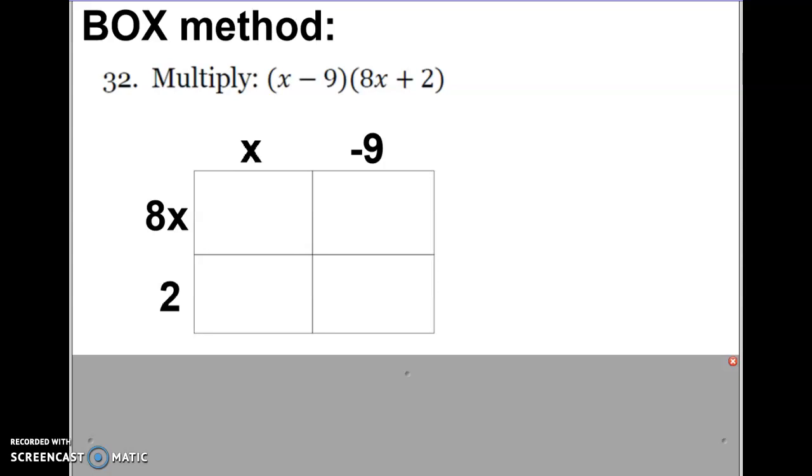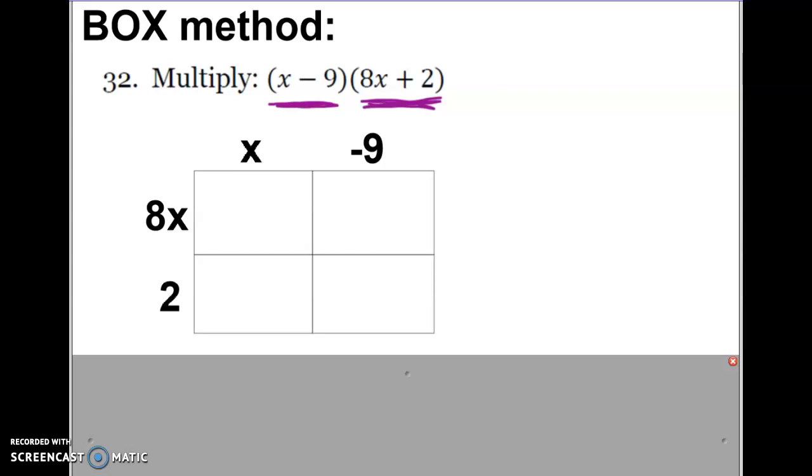So when you are working with the box, you would want to make sure that the box is made as big as the two things, the two factors that you're multiplying together here. And so since my first multiplication piece is a binomial, my box should be 2 long, and my second piece is also a binomial, so it should be 2 tall. And then you can see how I've put the x minus 9 across the top and the 8x plus 2